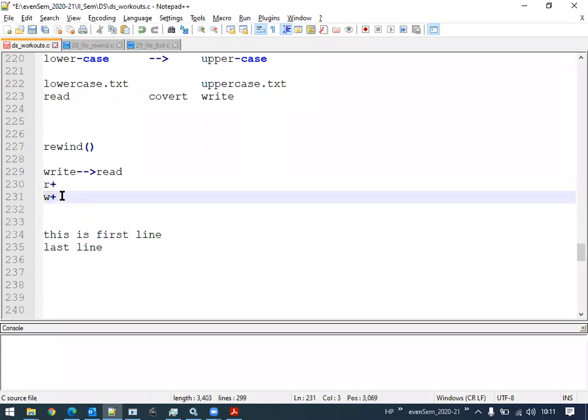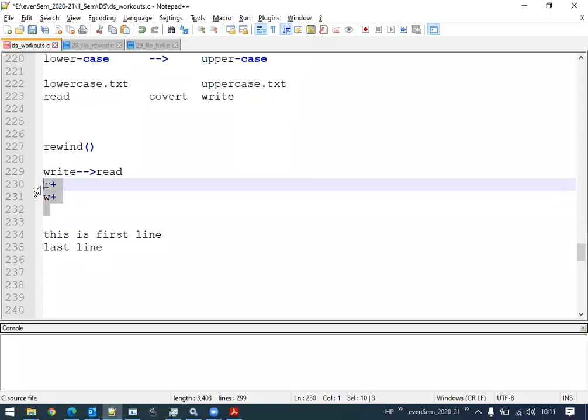Now, can you tell me which one would be more appropriate for opening the file here? Should we use R plus or W plus? It would be better if we make use of W plus over here. So assume I have opened the file in W plus, which allows me to type the content.